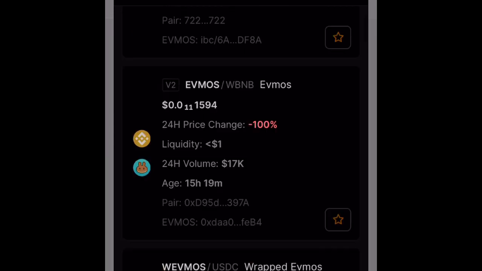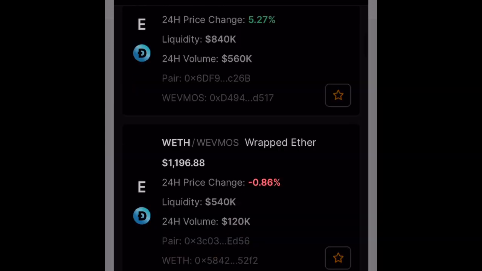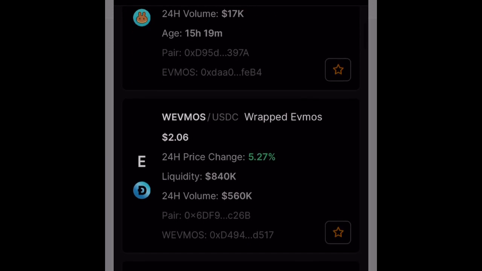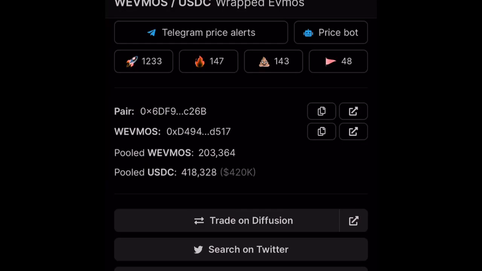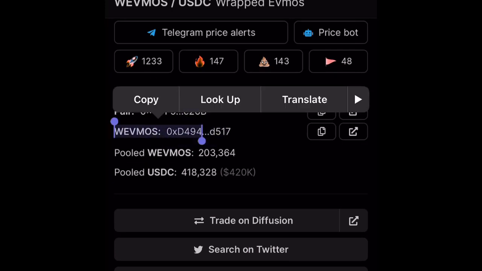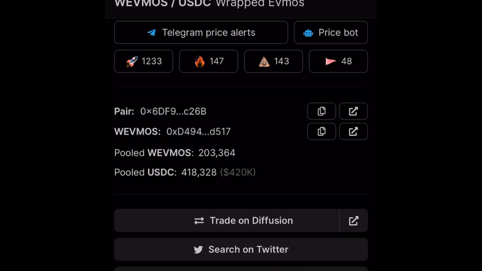So DexScreener, this is the main reason I come over here. Before we get out of here, I want to show my newbies how to get the contract address. For Wrap Ethereum, it's right here. That's the address you will enter into your MetaMask. Everything you do on MetaMask, you have to enter the tokens manually. Manually means if you're a young kid who doesn't know what putting in work for yourself means, you have to enter it by yourself.